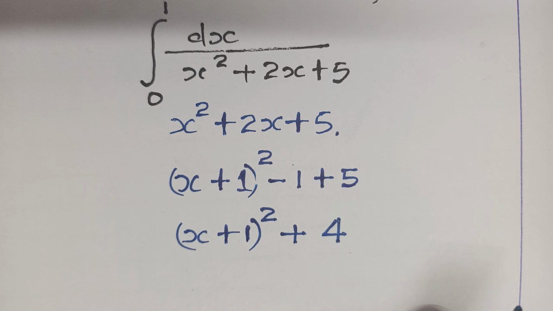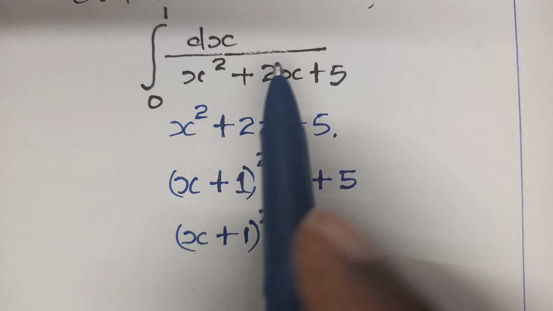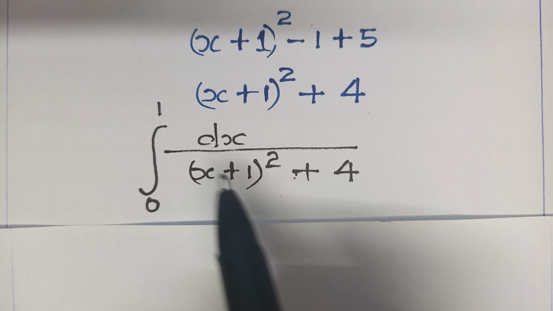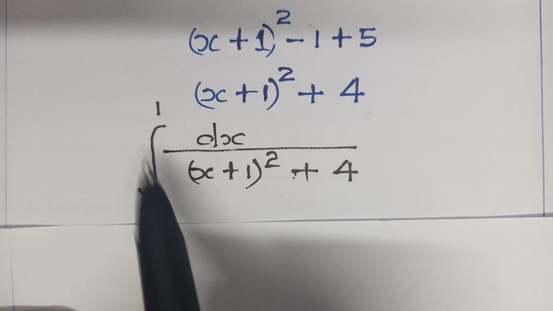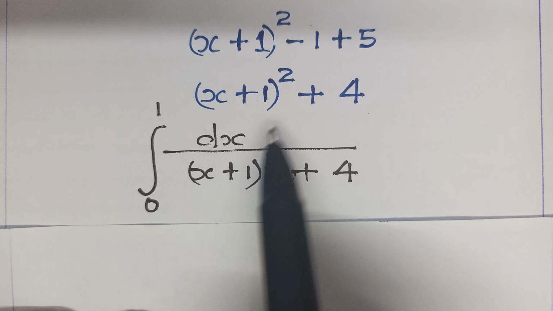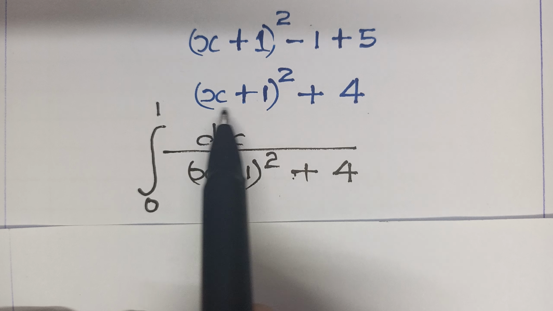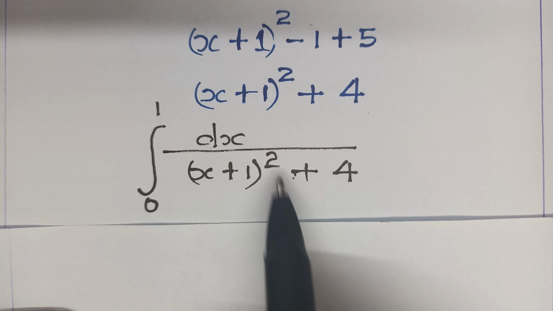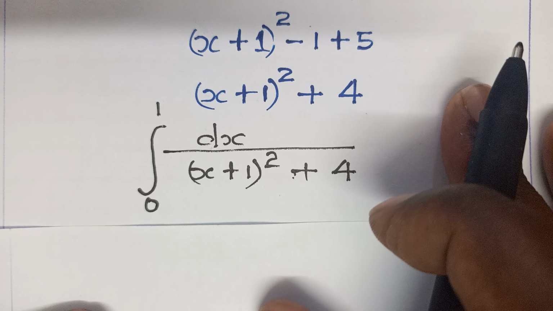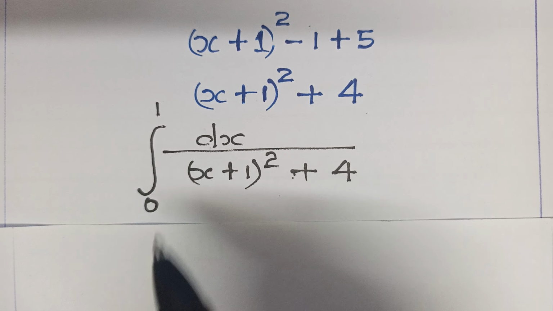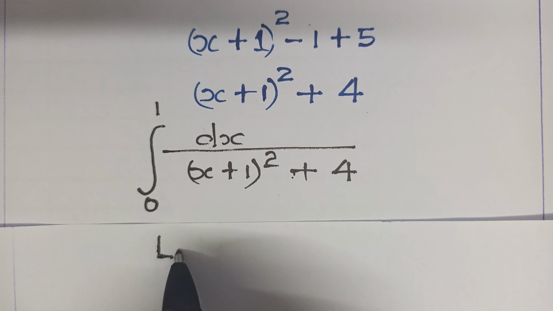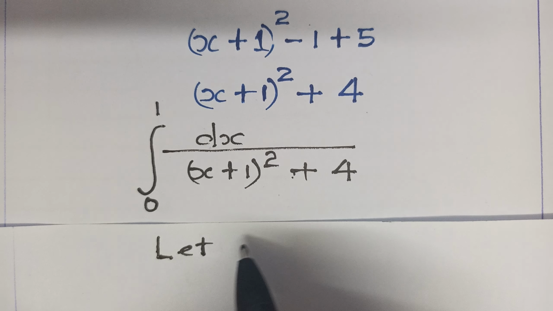And therefore this can be represented as the integral from 0 to 1 of dx over our transformed denominator, which is x plus 1 squared plus 4. From there, we can replace x plus 1, let x plus 1